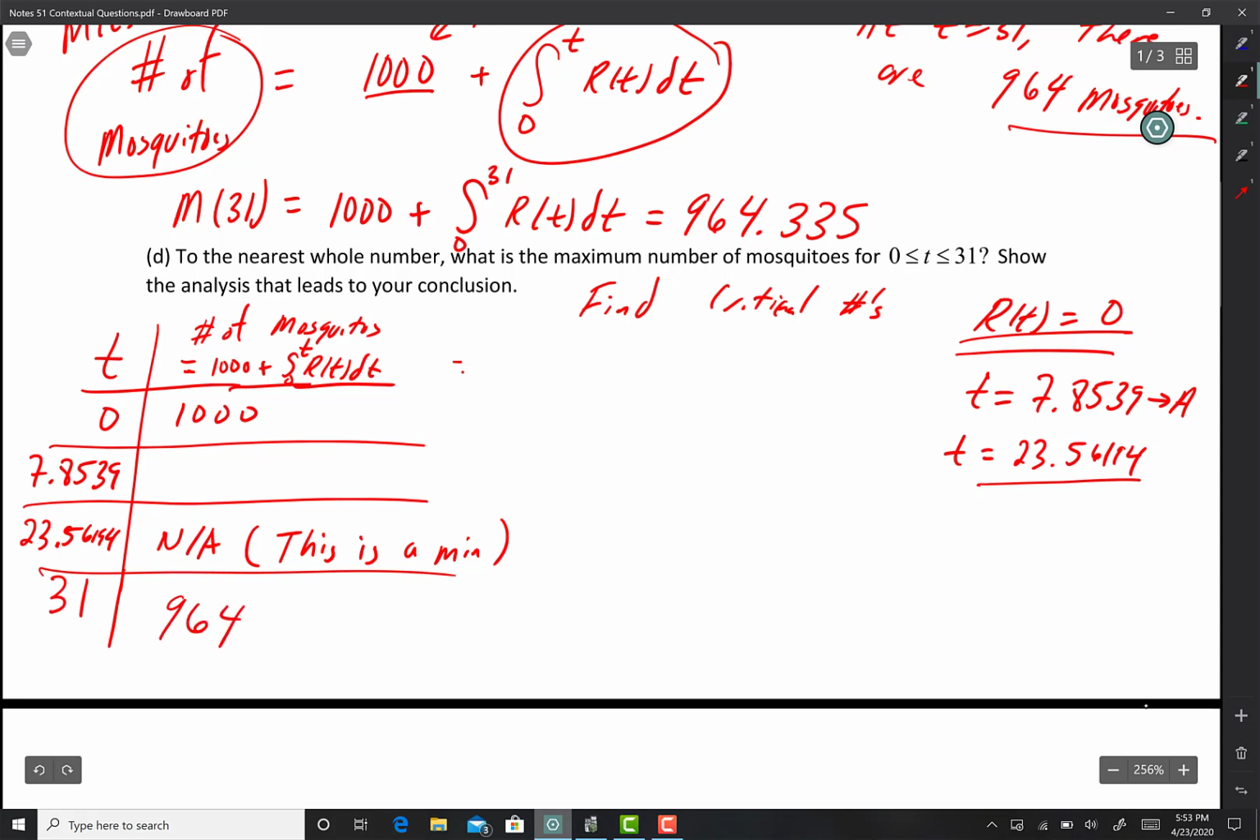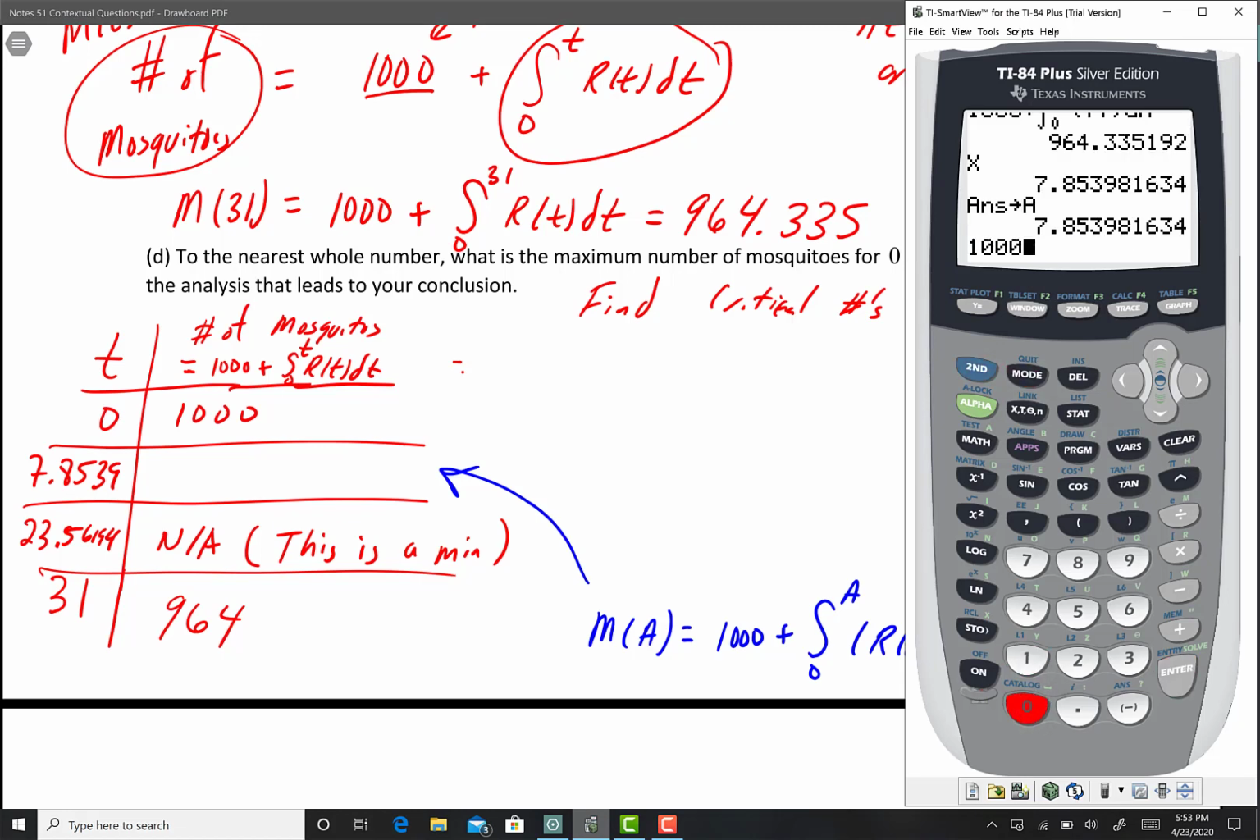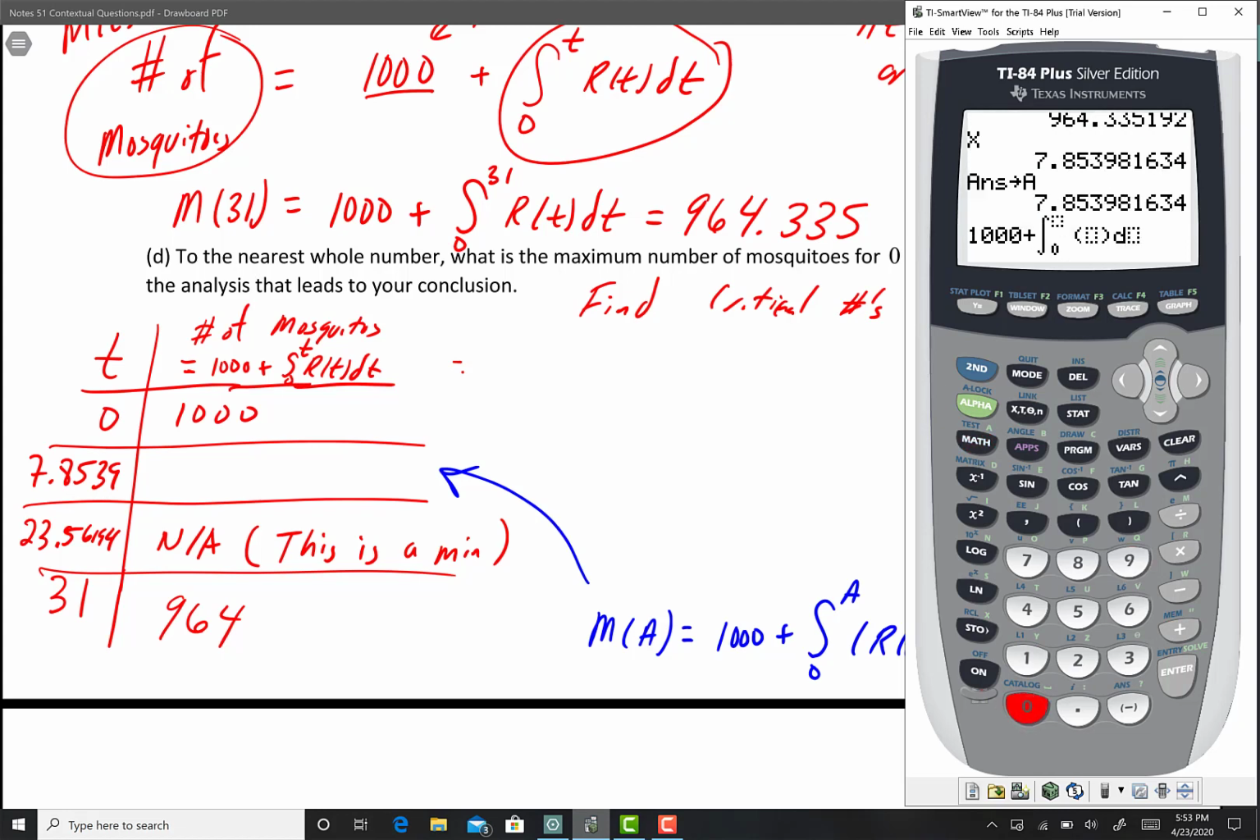So here we go, guys. So I'm going to calculate this one. I'm going to calculate this guy right here. So M of A is equal to 1,000 plus integral 0 to A of R of T dt. So come back to my little calculator. Home screen, 1,000 plus math 9. Now that I know what number that is, 0 to alpha A of R of T. That's in Y1. So alpha trace Y1, and then I push X down here, and I push enter,